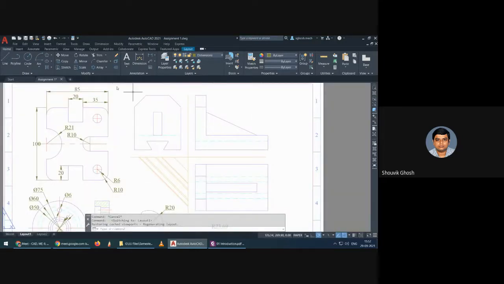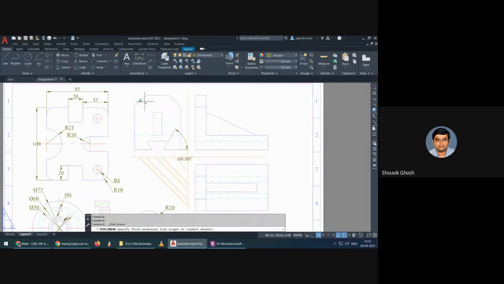So let's say angle. Let's see how much this angle is. So you can see it is 60 degrees. Placing this over here. Why I'm keeping it over there, you will understand afterwards.